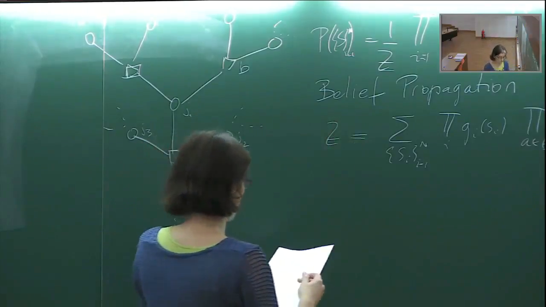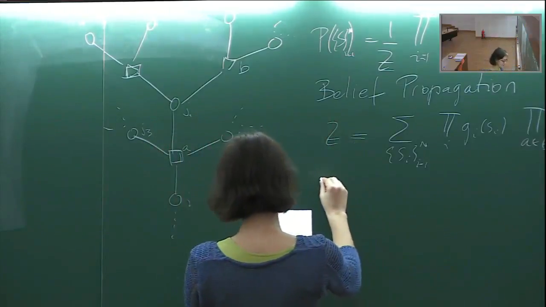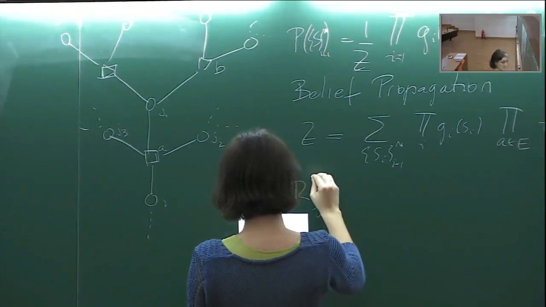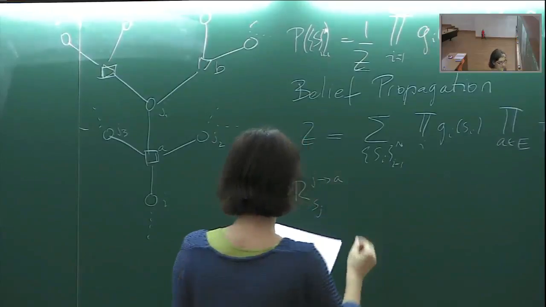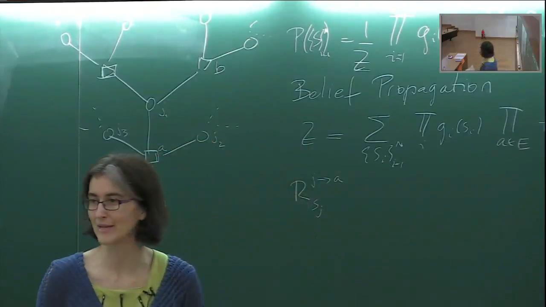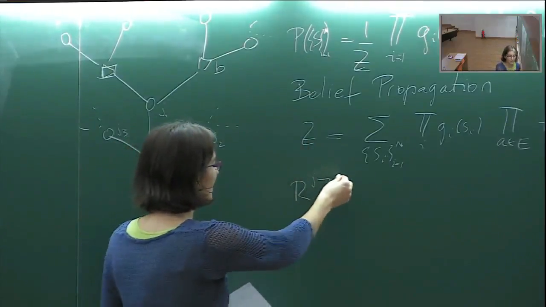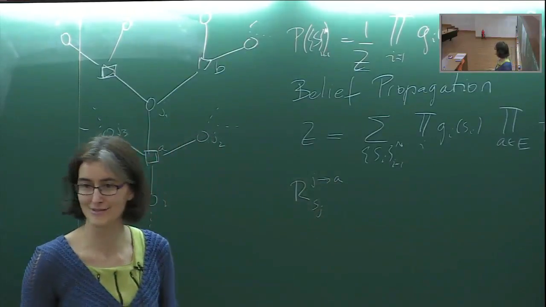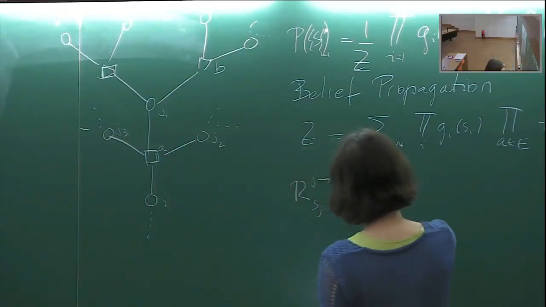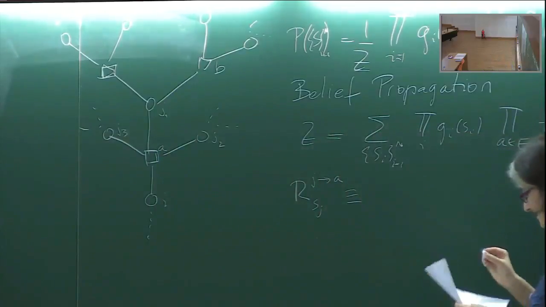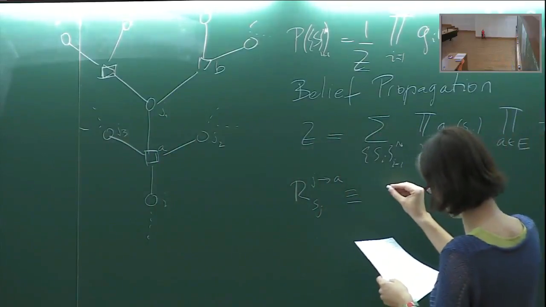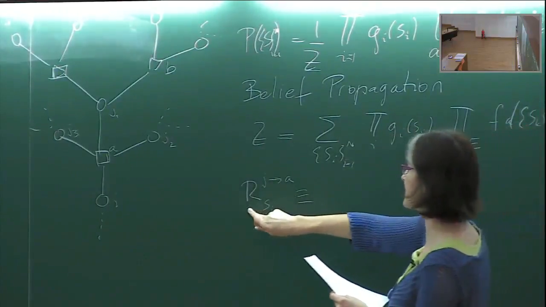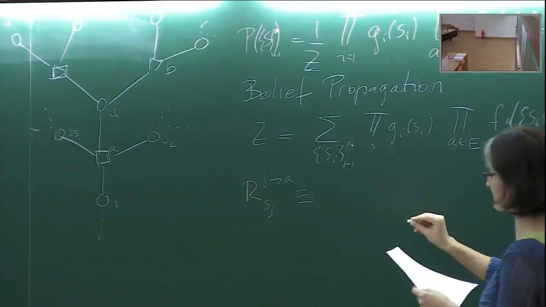So in order to write that, I will define some auxiliary partition functions. I will start defining this notation that, at first, looks crazy. I have 2 upper indexes with an arrow and a lower index. It will take you some time to get used to that, but let's hope that at the end of the 6 lectures together, you will be happy with these message passing notations. So this will be an auxiliary partition function.